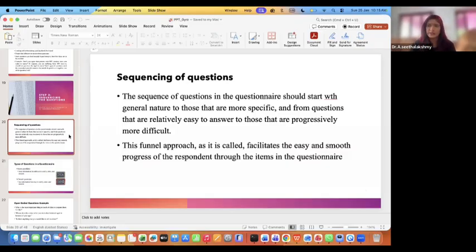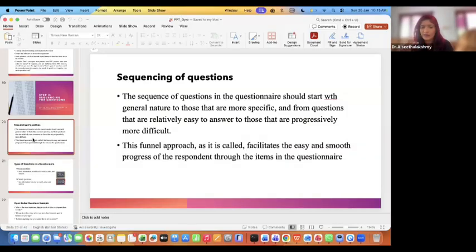Initially you started gathering the questions, arranging the questions on various aspects, and then group the questions if you have dimensions. Not all the questions will have dimensions. It purely depends on your research. Once you have grouped based on your dimensions, how to sequence that is the next step. An easy and smooth progression should be maintained for the questions to be asked, even if it is dimension based.